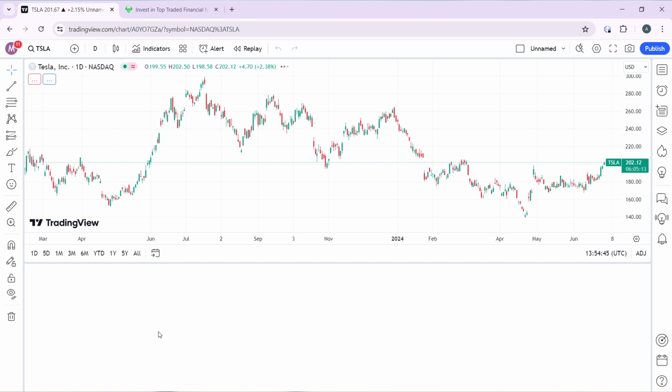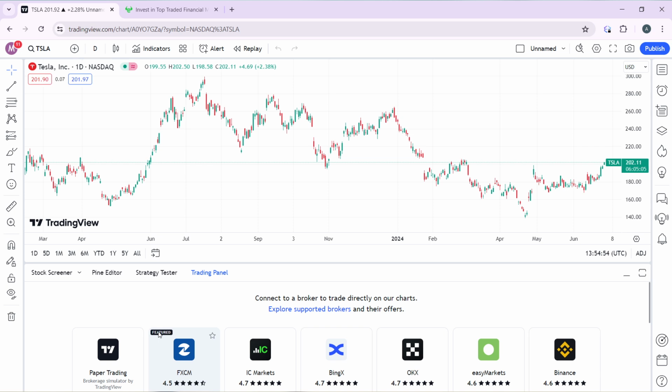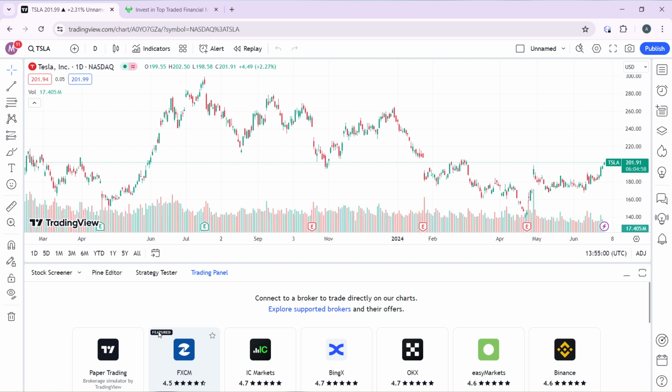Now first of all, I'd like you to know that there is no direct command that allows you to deposit money into Tradingview. Why? Because Tradingview is not a site like other brokers that allows you to actually trade, like do live trading. All right, so Tradingview is for viewing details of brokers, viewing details of currencies, viewing details of the entire crypto